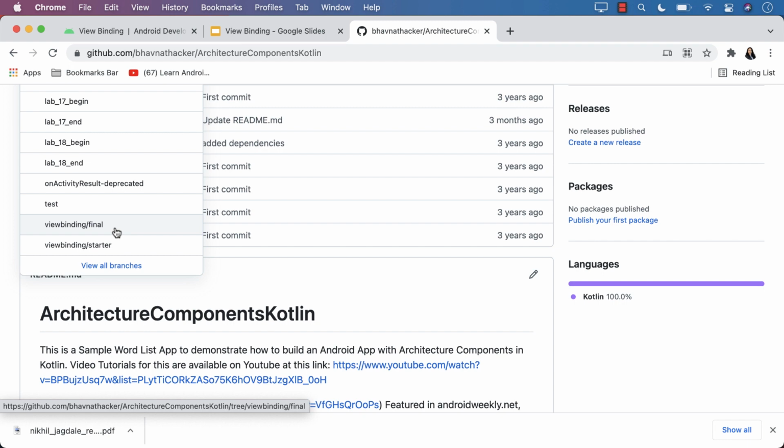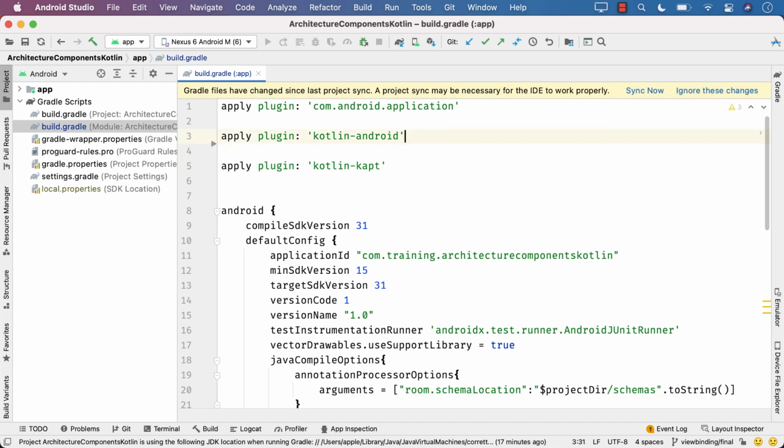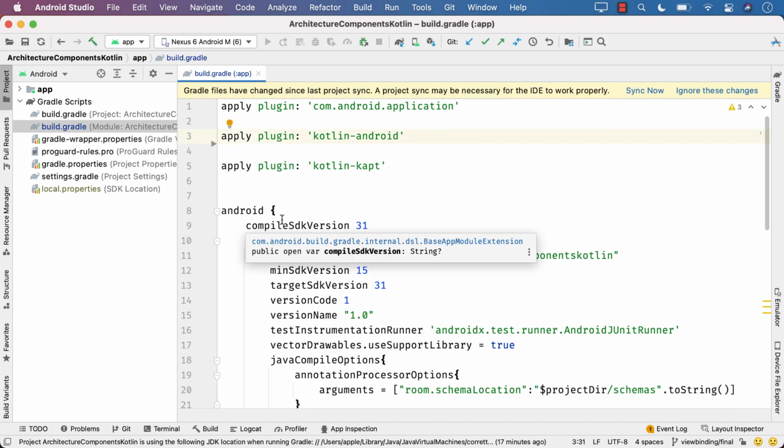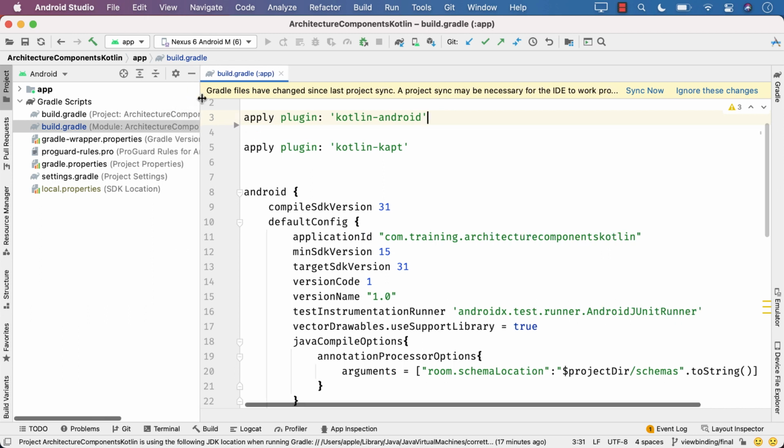So let's start. We are in the starter project. First thing that you'll do is get rid of this plugin, Kotlin Android extensions, because we no longer use a deprecated plugin and we will use view binding instead. Just to let you know, we are inside the module level build.gradle file.